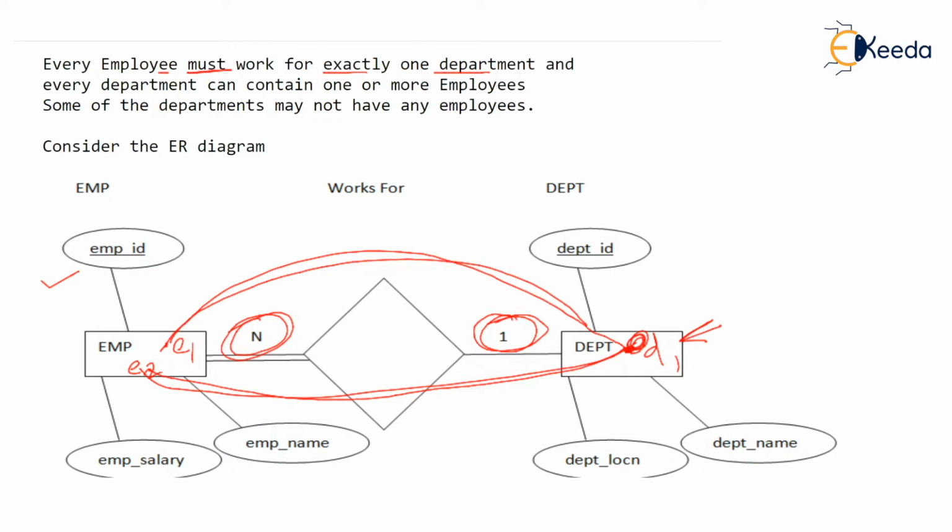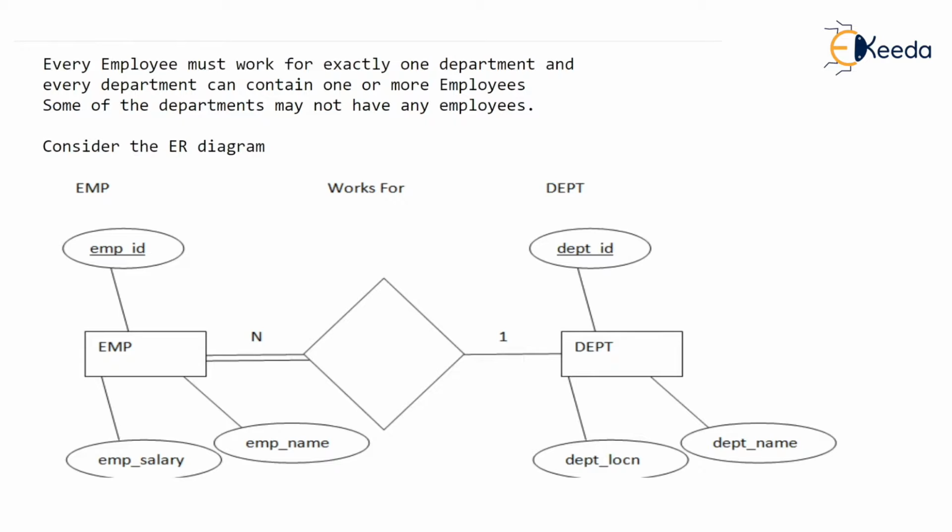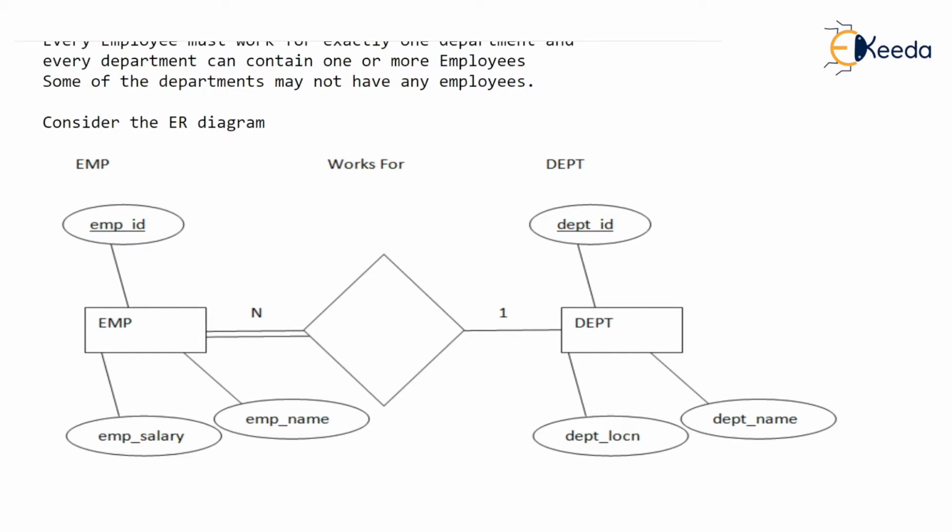So if you ask a department how many employees are connected to you, there are n employees who can work in a particular department. Well, I expect all of you have seen that earlier video where a big video was created to explain this particular cardinality. Also, I hope you know why we have drawn a double line over here and a single line over here. This is known as total participation, because if there is an employee, then that employee must work for some department. You cannot have an employee sitting idle, saying, I don't work for any department. So all the employees surely have a relation with some department. This is total. We draw it as a double line.